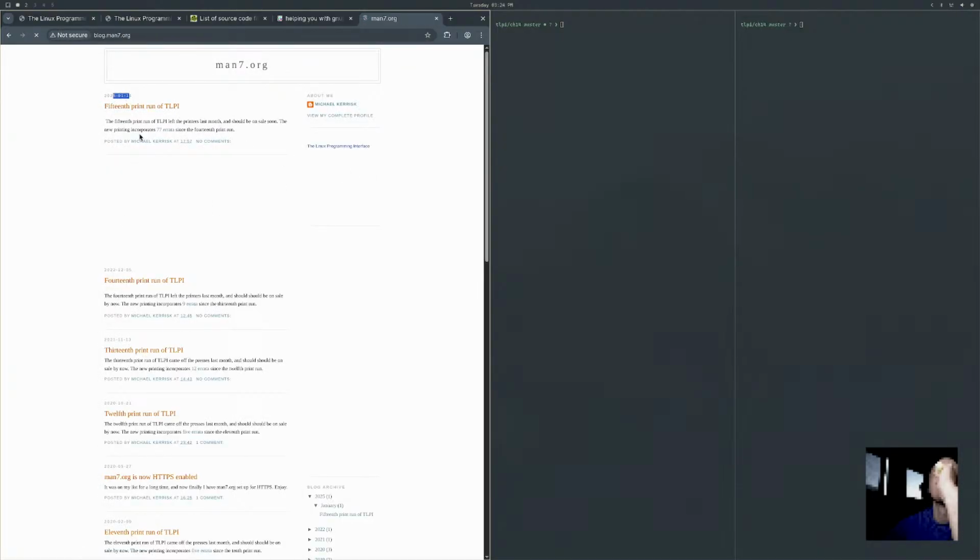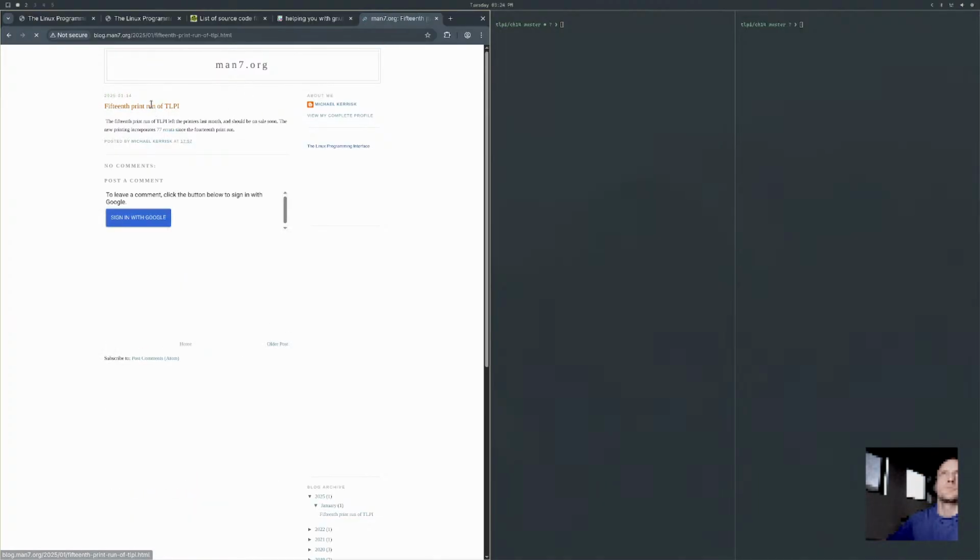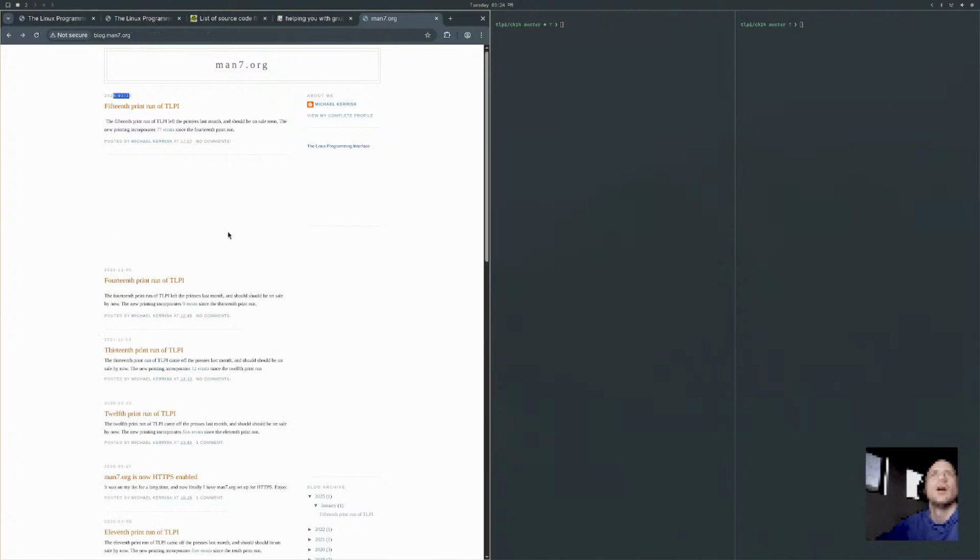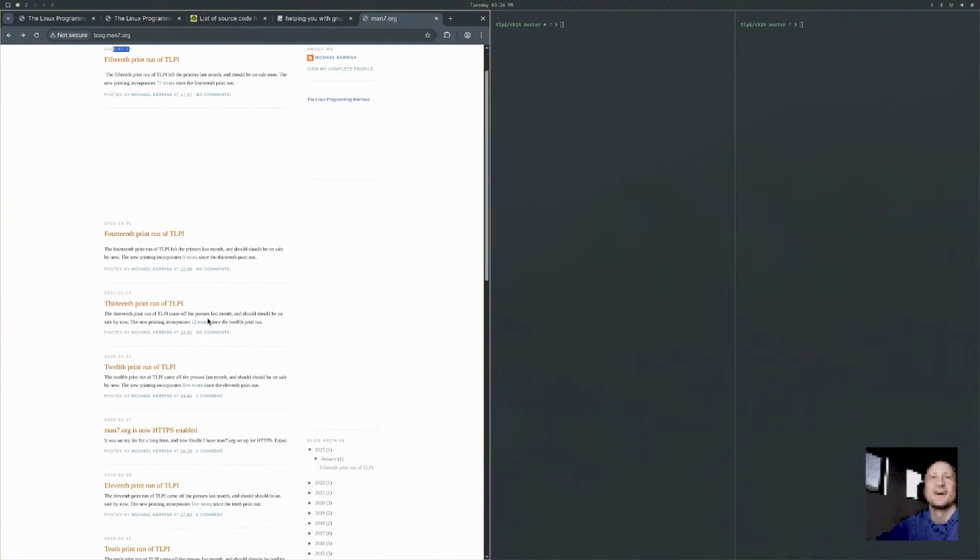Hey, that was last year. 15th print run of The Linux Programming Interface. He's just posting every time he has a print run.